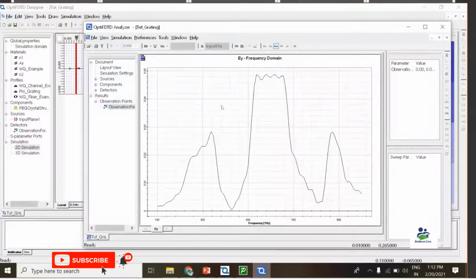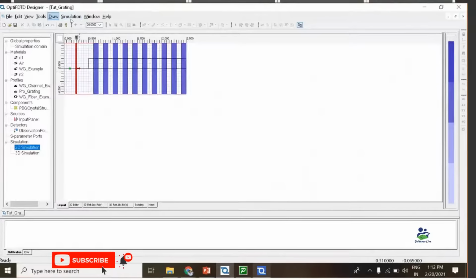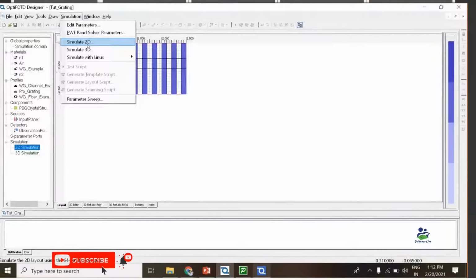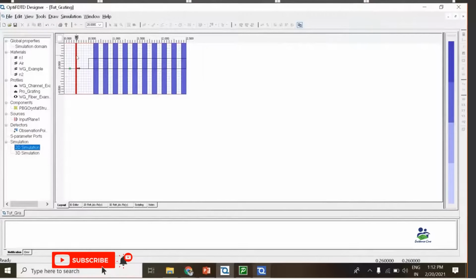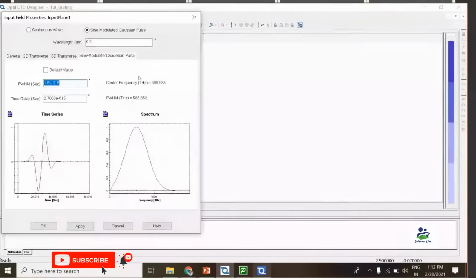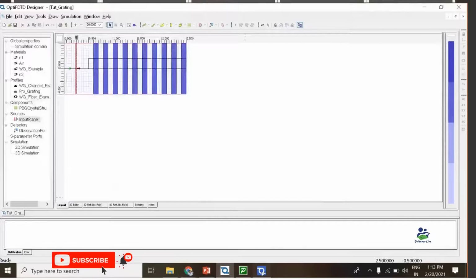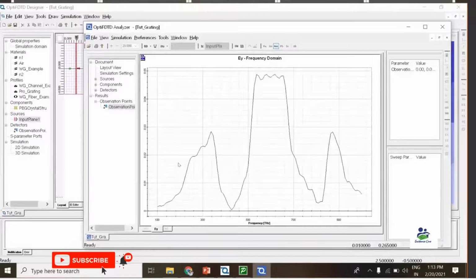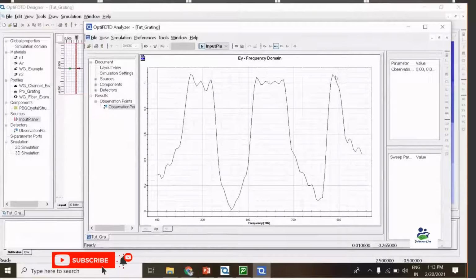Since we have selected a frequency, as you remember, we selected a spectrum in such a way, that's why we got an output with this nature in this dimension. We need to normalize it so that we can easily visualize the stop band of the structure, or the reflectance of the grating structure.